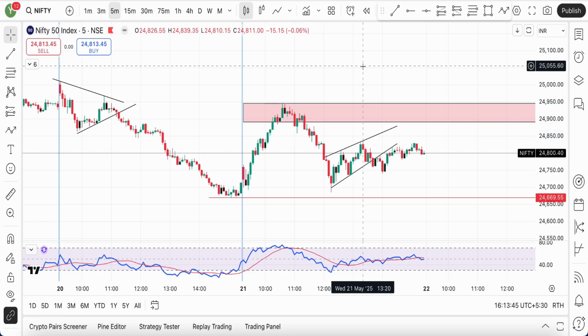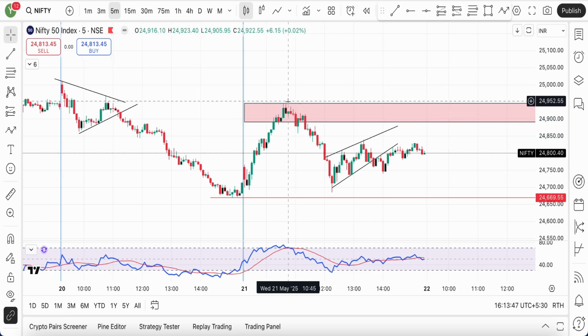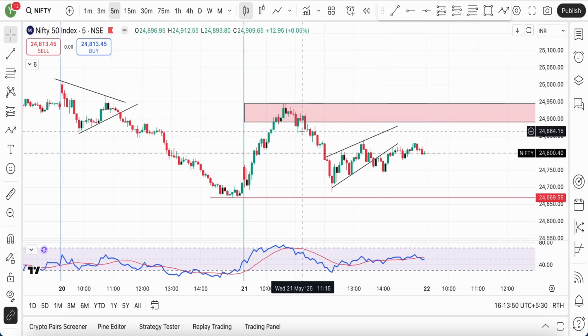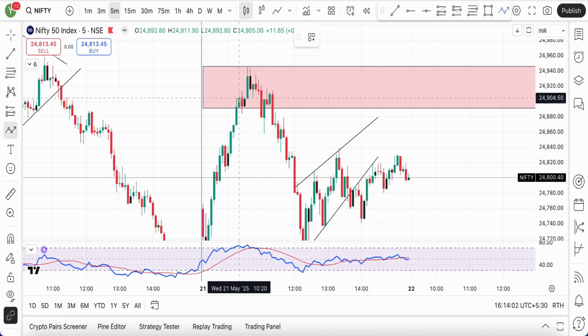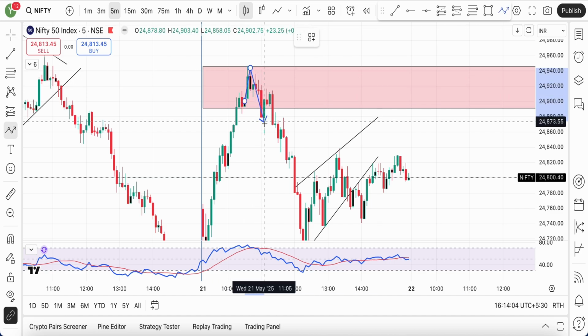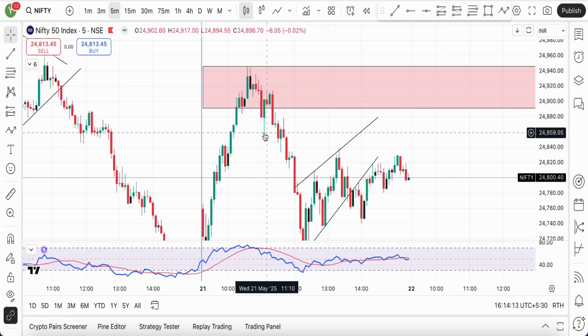For me, no. The structure till here was a higher high, higher low. A lower low was formed around here. Now all we needed was a lower high for the structure to change and for us to trade much more comfortably, which happened post this particular move. So this is the double top that I personally identified and traded, right? This was the double top pattern which I had traded. This low was important, and as soon as this low was taken out after this pullback, this is where I entered shorts.